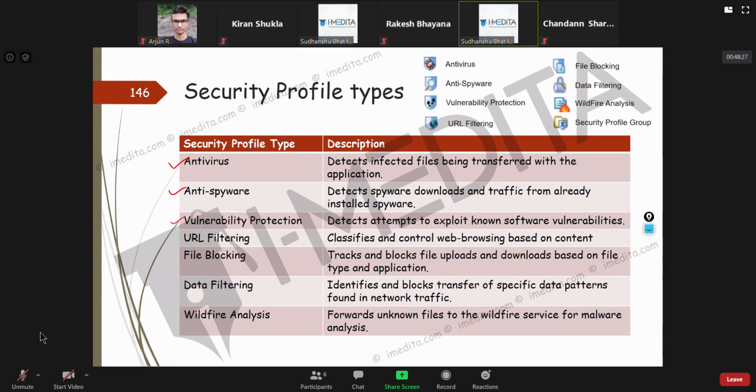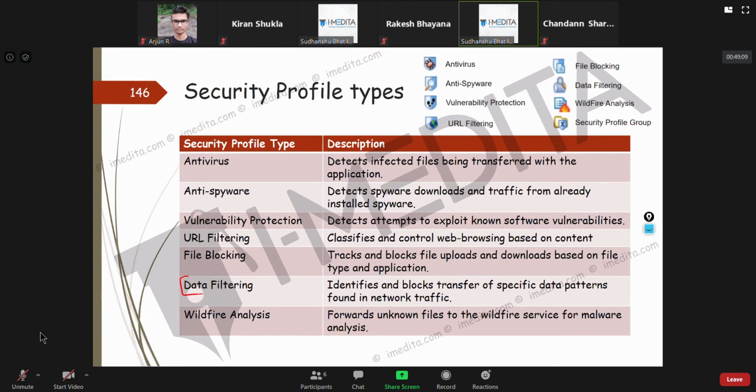So these we discussed. Now, obviously, URL filtering controls your web browsing, which websites you are allowed to browse and which you are not. File blocking allows you to control which file uploads or downloads are allowed or blocked. We can block people from downloading, maybe, exe files, because those exe files can have something malicious. If they want software, they could request it from the system admin people.